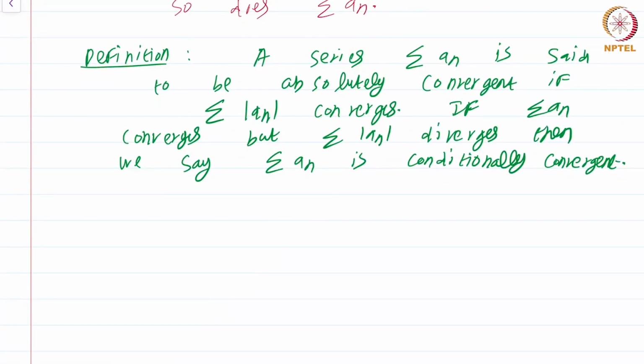Okay, excellent. So we have now defined absolute convergence and conditional convergence. In the next module, we will see a test for detecting conditional but not absolute convergence and give several examples. This is a course on real analysis and you have just watched the module on tests for convergence.